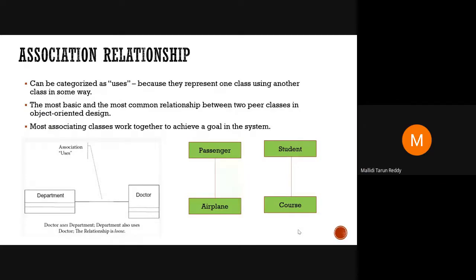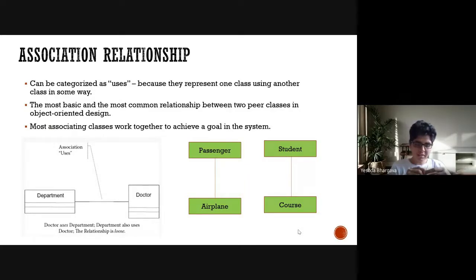Yes, ma'am. All right. So last time we had started our discussion on the building blocks of class diagram, and we will be taking forward this discussion. So when it comes to class diagrams, we have to identify classes, their attributes, and the operations that they will be performing. In addition to that, since there are different classes which form a part of the system and they are communicating with each other, it is vital to recognize the kind of relationship and the nature of relationship between multiple classes which are communicating with each other.